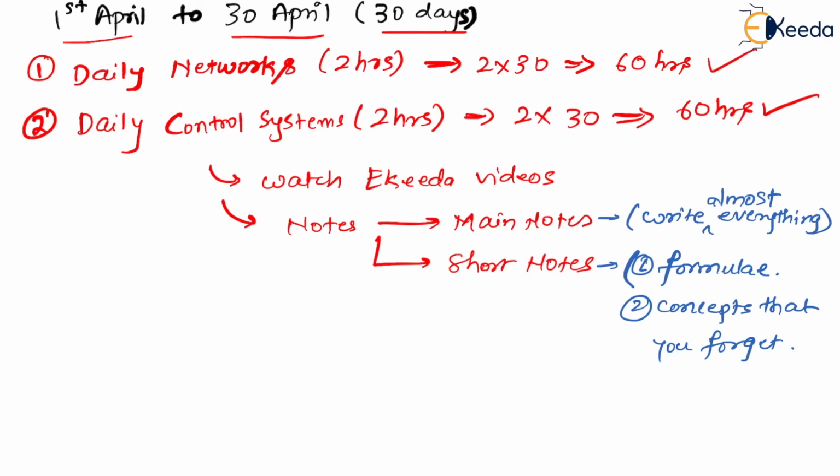That's it. You have to write only formulas and concepts that you forget. That is going to be the second one. So this is the 1st April to 30th April you have to complete. So at the end, I can say that by the end of 30th April, networks and control systems will be completed. But along with making notes, the next thing you have to do is